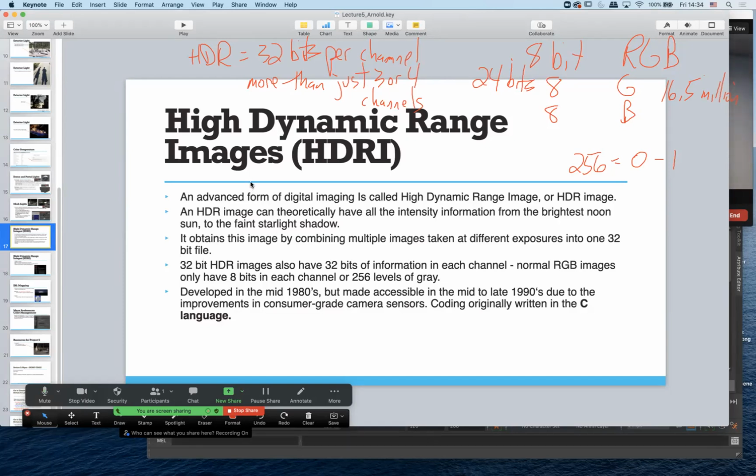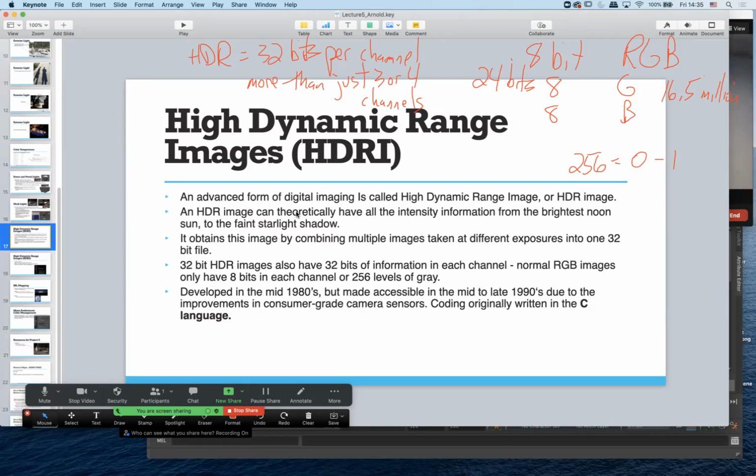Now, the stuff you get off the internet could be done any number of ways, as long as it looks good. Now, as I mentioned, this was developed in the 1980s, and it really did not become accessible to us, the consumer, people now with cell phones, until we broke the 1 megapixel barrier. That was mid-1990s, well, early 1990s. I was working at a newspaper in the magazine section in early 1990, and we got our first digital camera that was a 10 megapixel. It was $25,000 at the time. Yeah. Now, 10 megapixel is laughable. That's pretty much what your crappy FaceTime camera resolution is. And your other one is probably 24 or 32 megapixels,